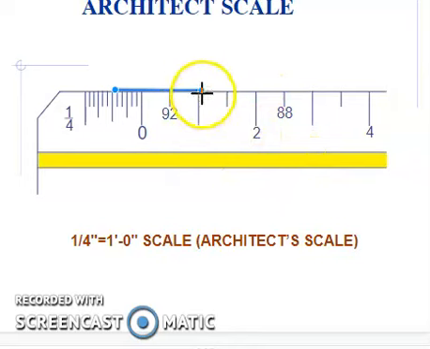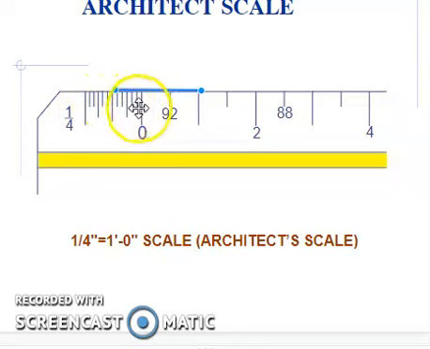Okay, so I'm gonna put the end of my line here at the last whole number. I don't want to slide it to 2 because this line is less than 2 feet. So I'm going to slide it over so that the end of my line lines up with 1. So this line is 1 foot long, and then all of these tick marks to the left of the